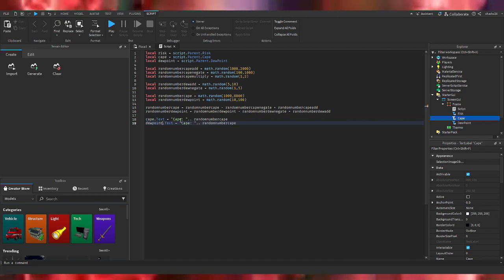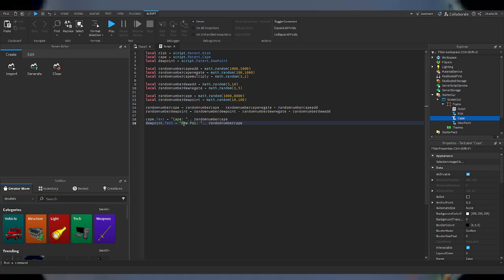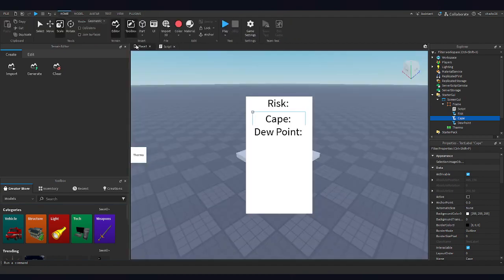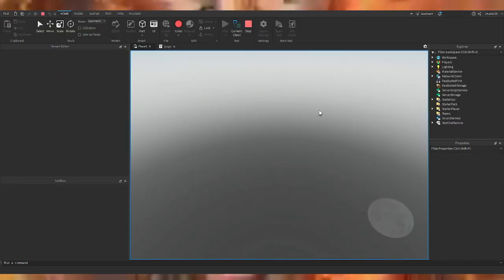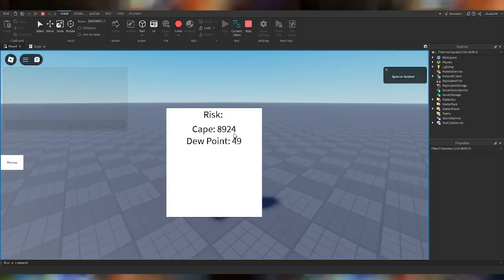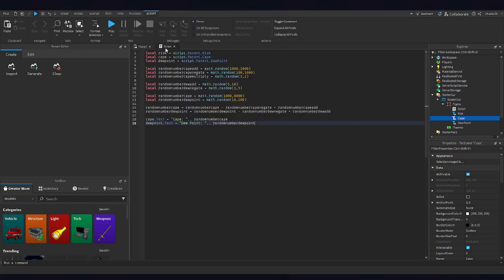Dew point text equals dew point random number dew point. And then now you should have your dew point working as well. See 49 and then 8,924 CAPE. So basically all we have to do for now is just